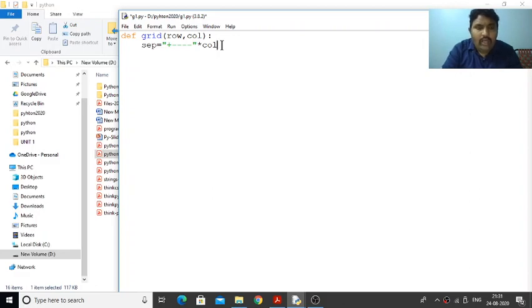So we need 2 times, and after that we require another plus at the last. For the new line we need to specify slash n. Before this also, if anything is there, here also we require one slash n and put plus. Try to use single quotes, so that it becomes a part of the string. So here also we required it.